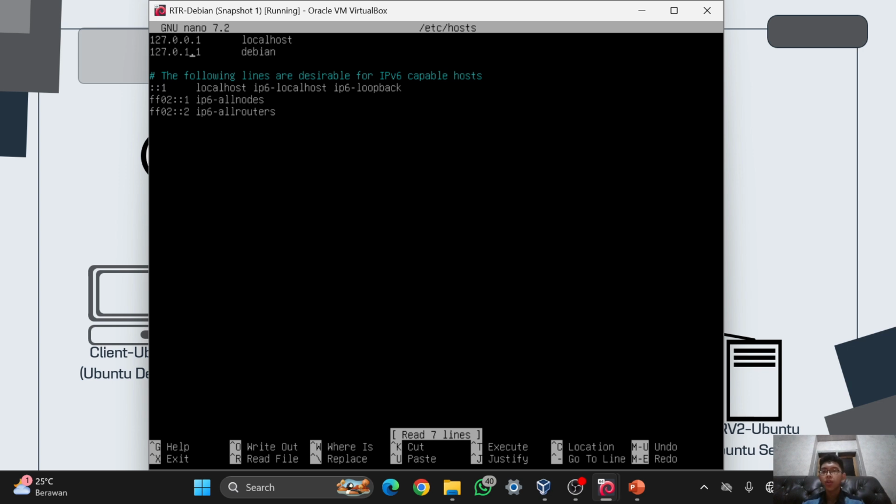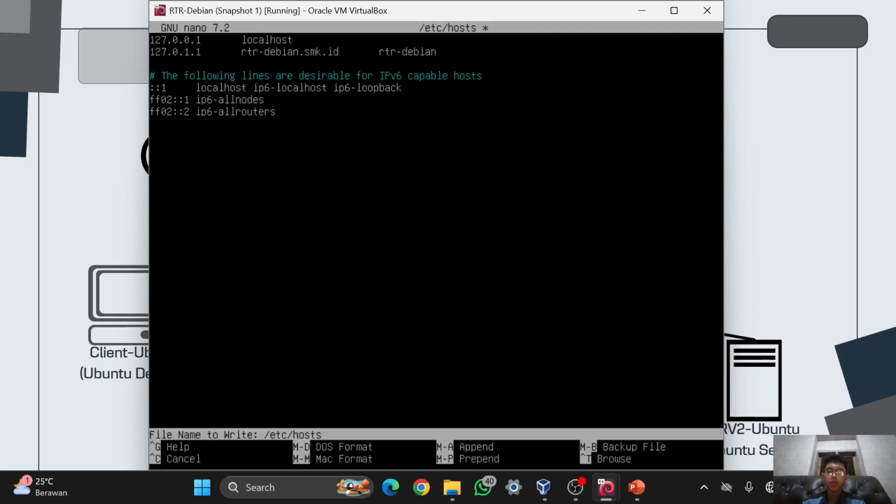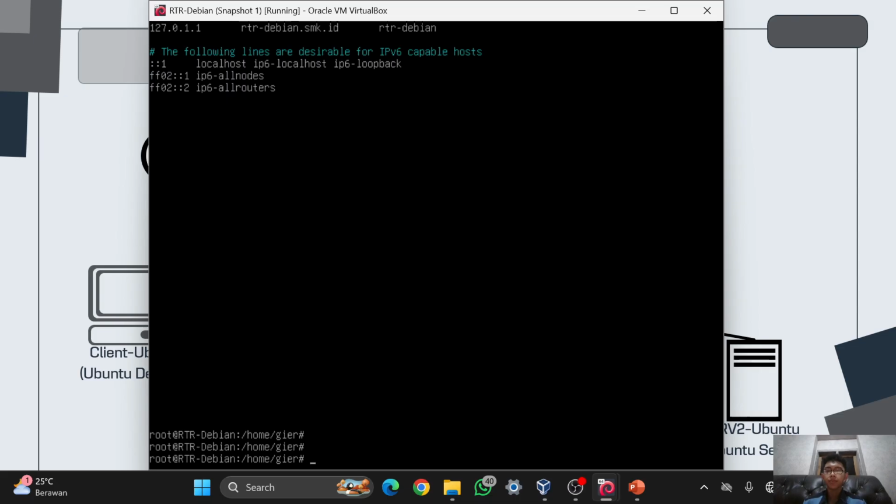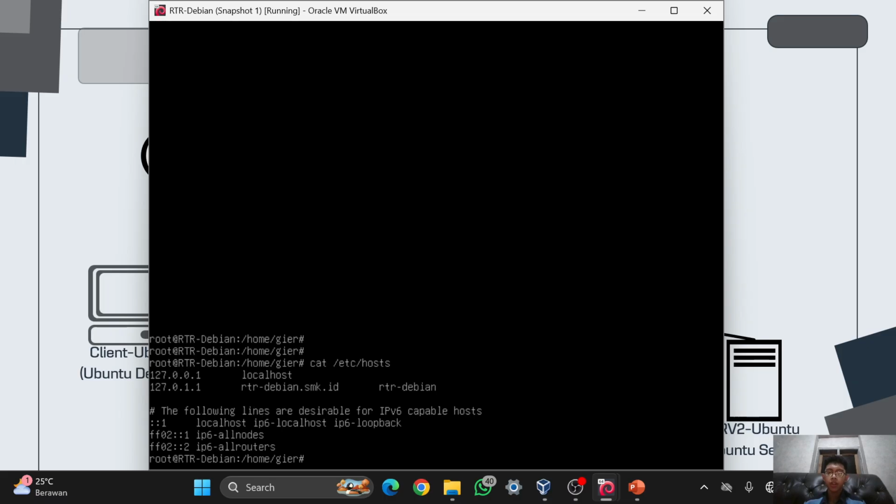In here, I will add, and for this one, I will change it into only router Debian. Then I will press Control X and then Y, Enter. And right now, I've changed the host into router Debian. I will check it again with cat, and as you can see, it has been changed.